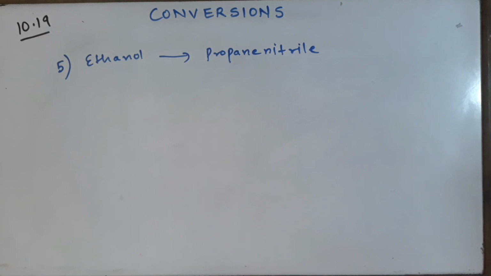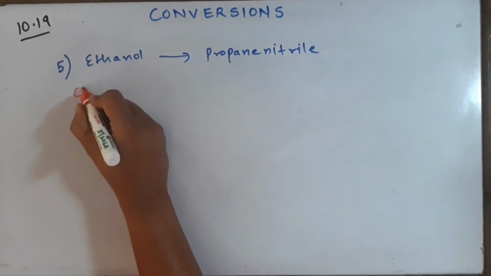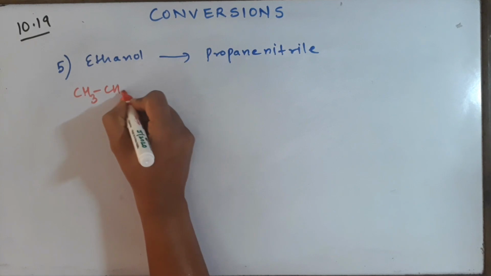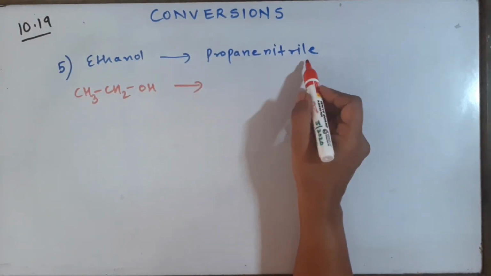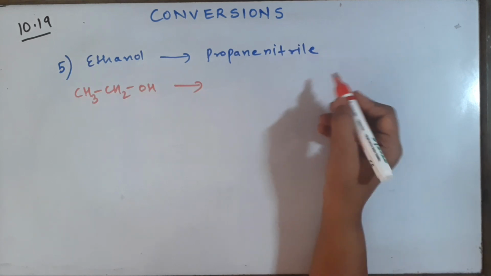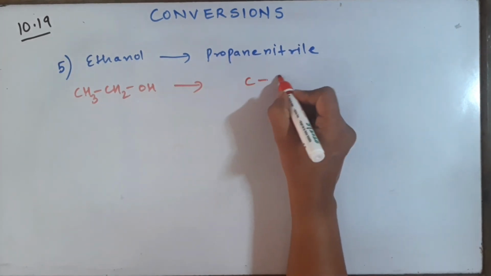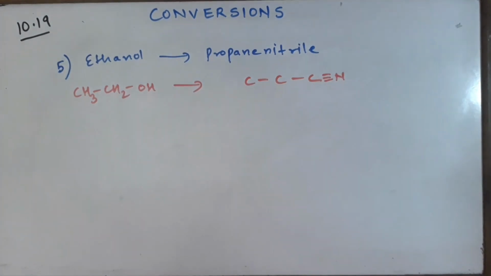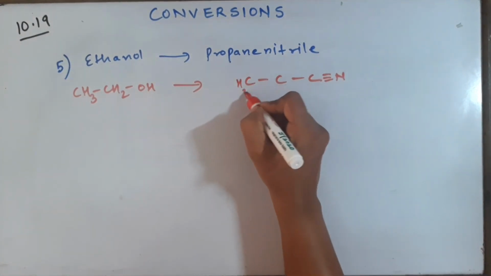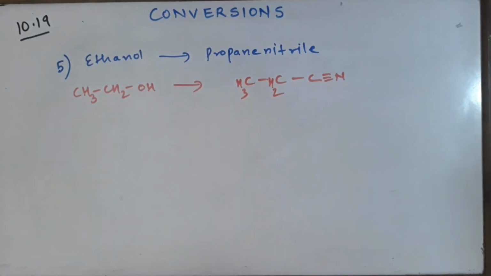So if you open your books, you will see that this is the next question. As I told you, some questions were repeated, so that we are not doing right now. Ethanol to propane nitrile. First we will draw the skeleton, CH3, CH2, OH. I will draw the whole compound actually. Propane nitrile. Nitrile is the IUPAC name of cyanide. So propane, you can understand 1, 2, 3 and nitrile. So we have to attach nitrogen over here, that is cyanide. So this is your propane nitrile.